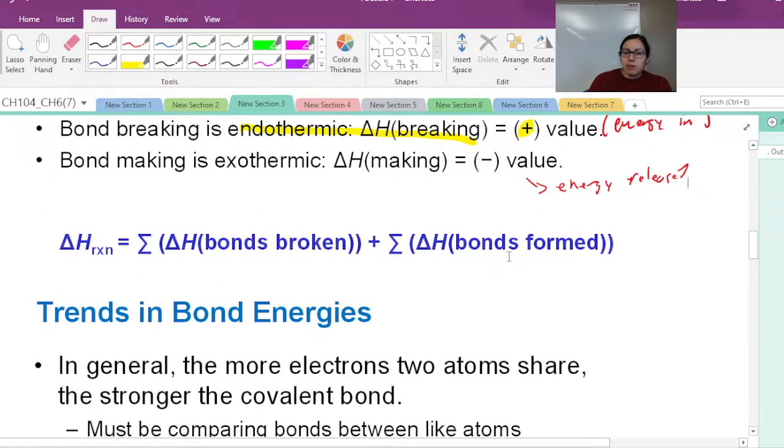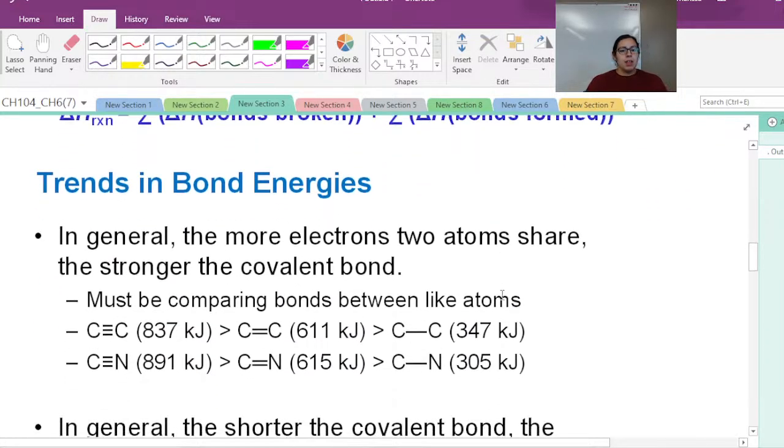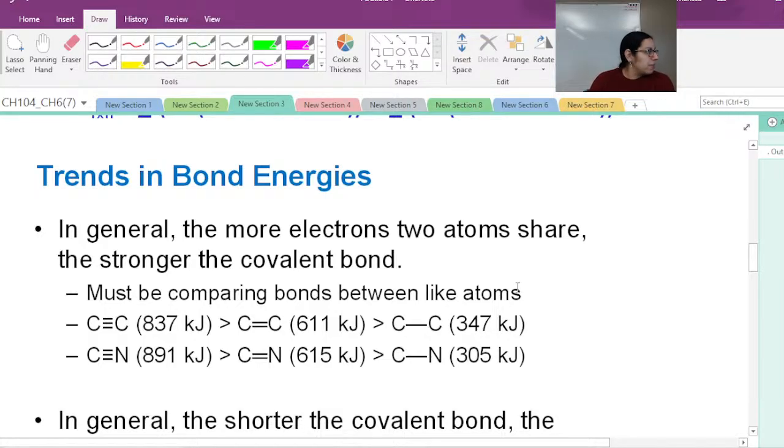And so then we can calculate our change in enthalpy for our reaction just by summing up our bonds broken and then adding them to our bonds formed. Again, the breaking ones have that positive value because we're putting energy in, and then making them gives us our negative value. So kind of have that key there. And so for these problems, you'd have to be given a chart, but we also want to just make some